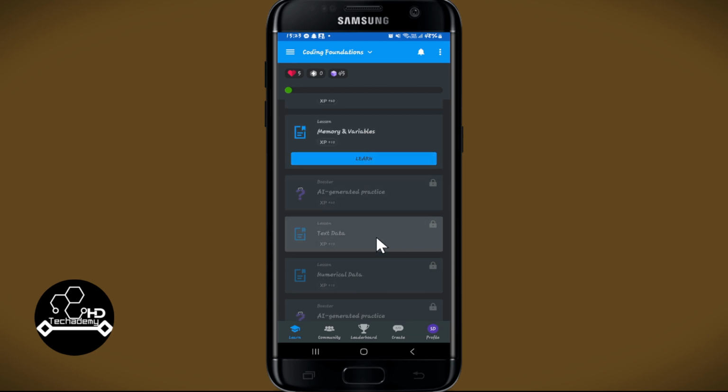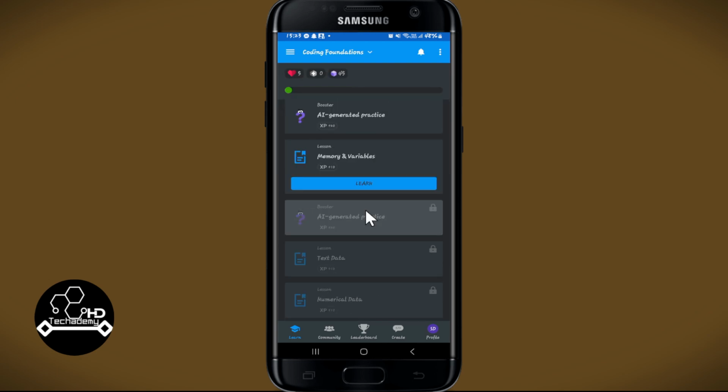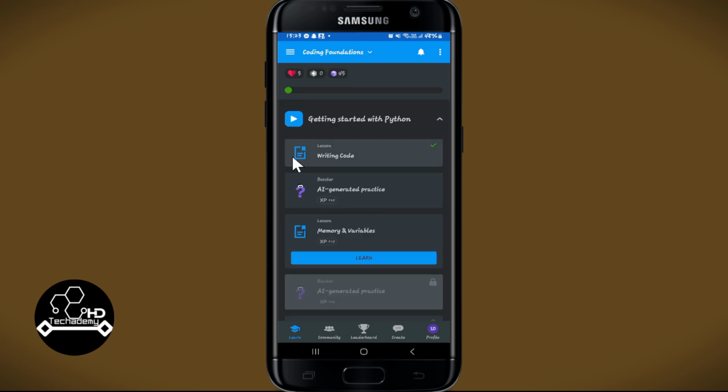In order to change your course, click on your currently selected course at the top section, and you may choose from various different courses that you have added. After selecting your course, you will see your progress and the lessons that are available, as well as the ones